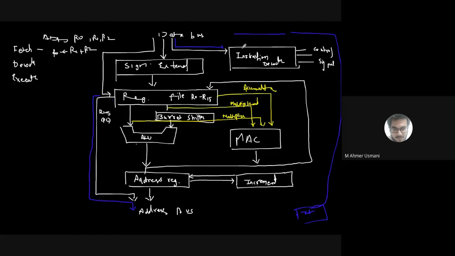Instruction decoder का काम क्या है? It will act as a control unit. Okay, so control unit का काम क्या होता है? What is the role of the control unit? To perform what? To generate control signals. How does it generate them? By performing the operation which is called decoding.